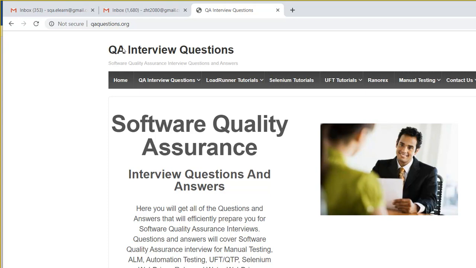And when people reach out to qaquestions.org, let's say I'm reaching out from my computer, it is just a client. When I'm asking for qaquestions.org, I'm sending a request to those servers through the internet: hey, give me this content, and from those servers, I get the content. Is this concept clear?